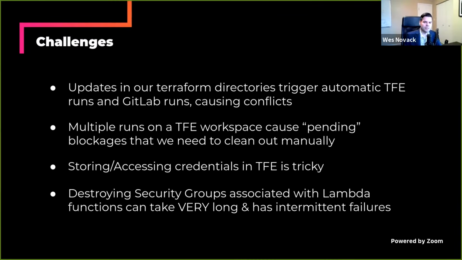What we wound up doing there was moving that security group object from that on-demand directory over to static. That was a workaround that worked for us, and it also helped us keep that pattern of keeping those two sets of different Terraform code in those different directories.